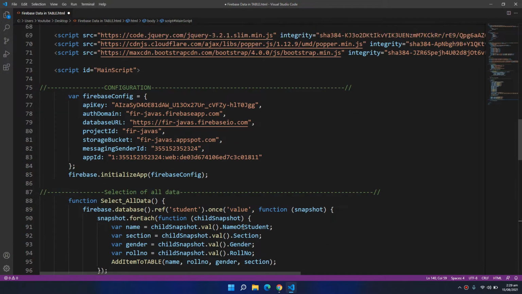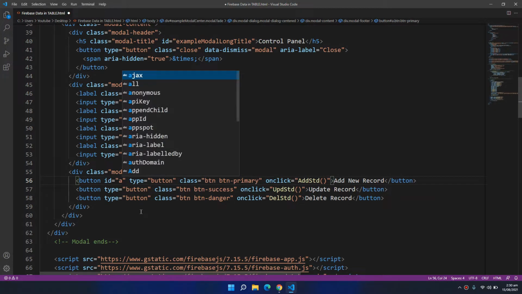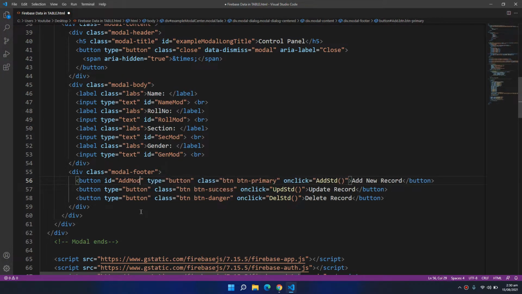These three buttons should have an ID. So, add mod button.